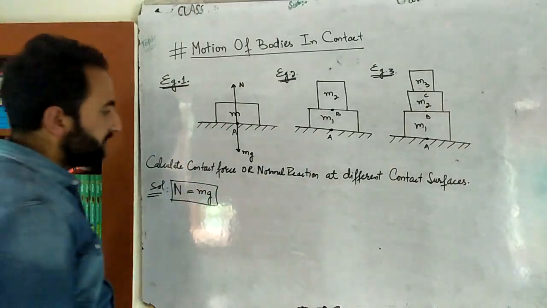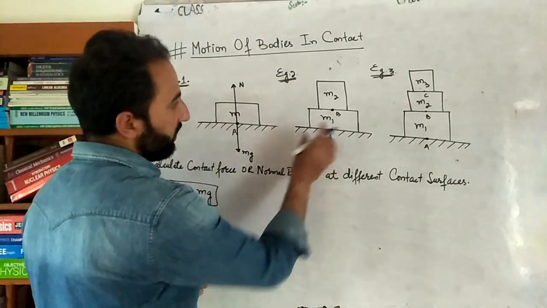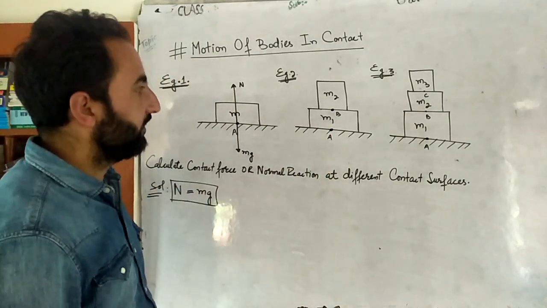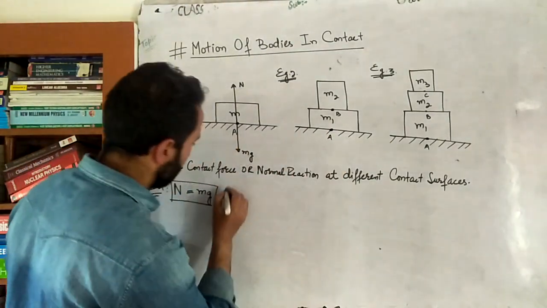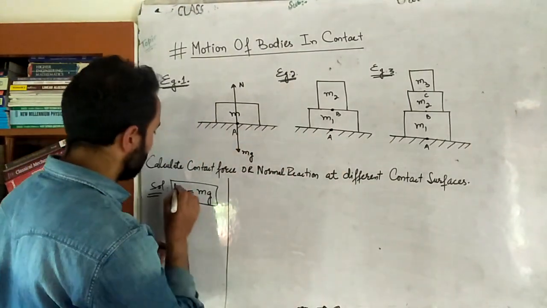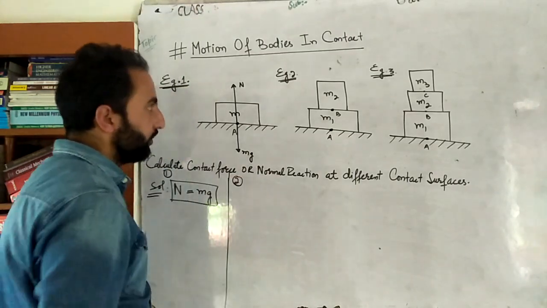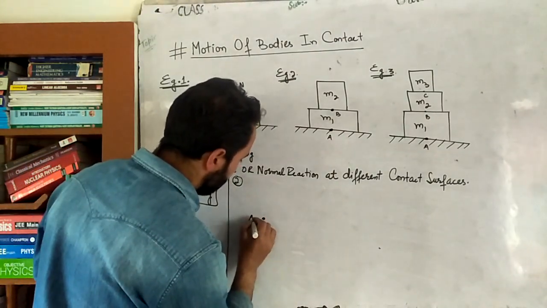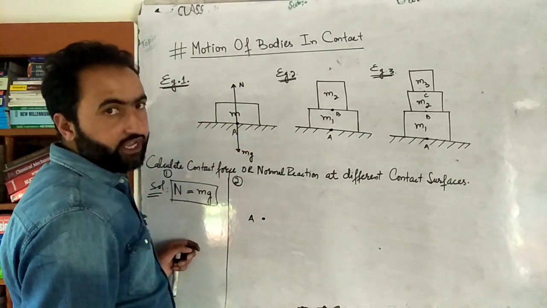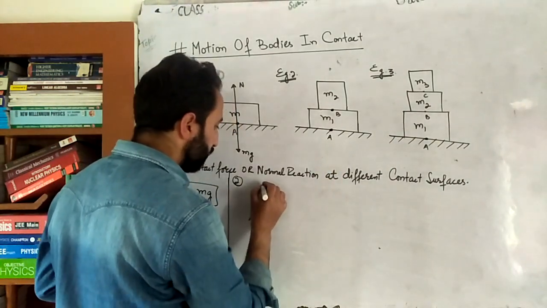Okay. Then example number two. Now concentrate on this. So we have to first of all calculate what is the contact force at the point A. Okay. So at the point A, how many forces are there? So let's construct here a free body diagram at the point A. So this is example number one. Then here example number two, solution of example number two. Now there is point A. Now pay attention, beta, this here is point A for example. Now at the point A, how many forces are there? One force is in the upward direction. That's a contact force, normal reaction.